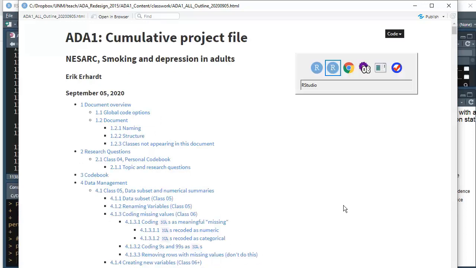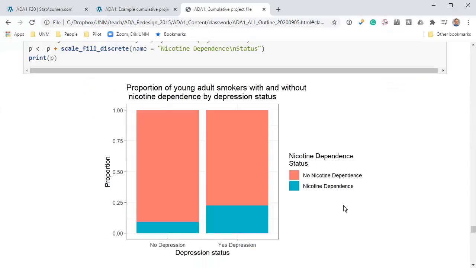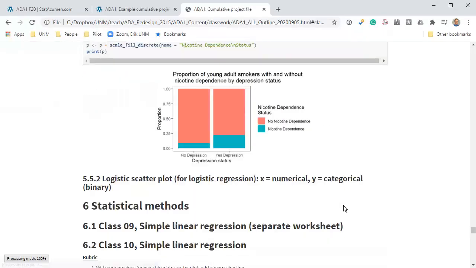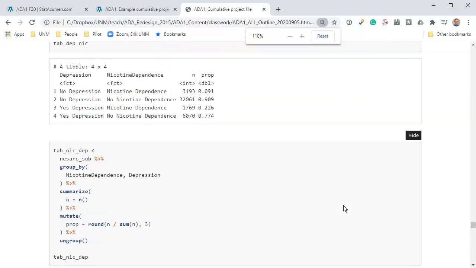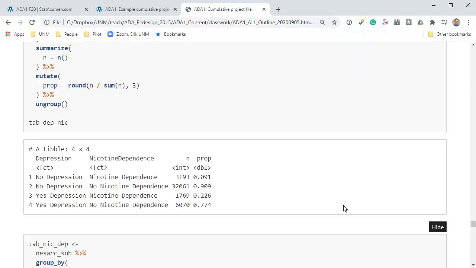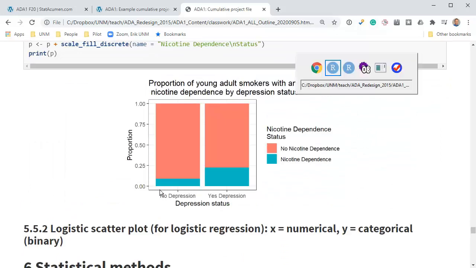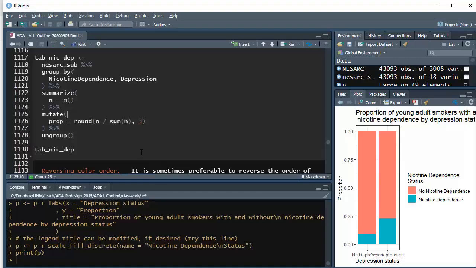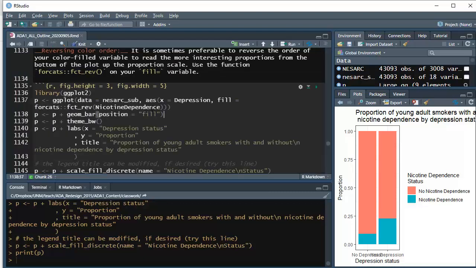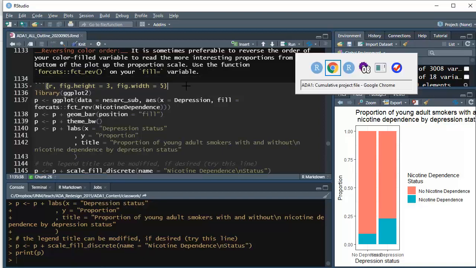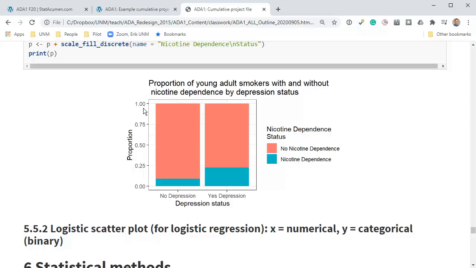There it is. So I go over to Chrome, I'll press F5 to refresh, and I'll make it a bit bigger. Okay, there's the plot. So what did I do? I made it, there we go, 3 inches high, 5 inches wide. And when we look at the plot, 3 inches high, 5